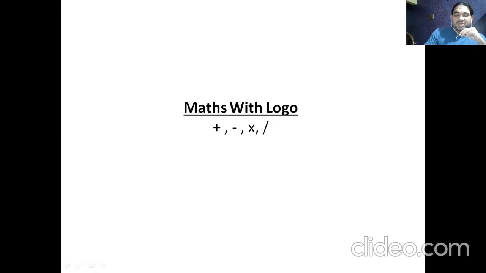And then there are some geometrical figures which are used very commonly in logos. The first one is the hexagon, which has 6 sides. Triangle is there. Decagon is there, which has 10 sides, right? Then semicircle is there, circle is there. So all these logo objects can be used by you.